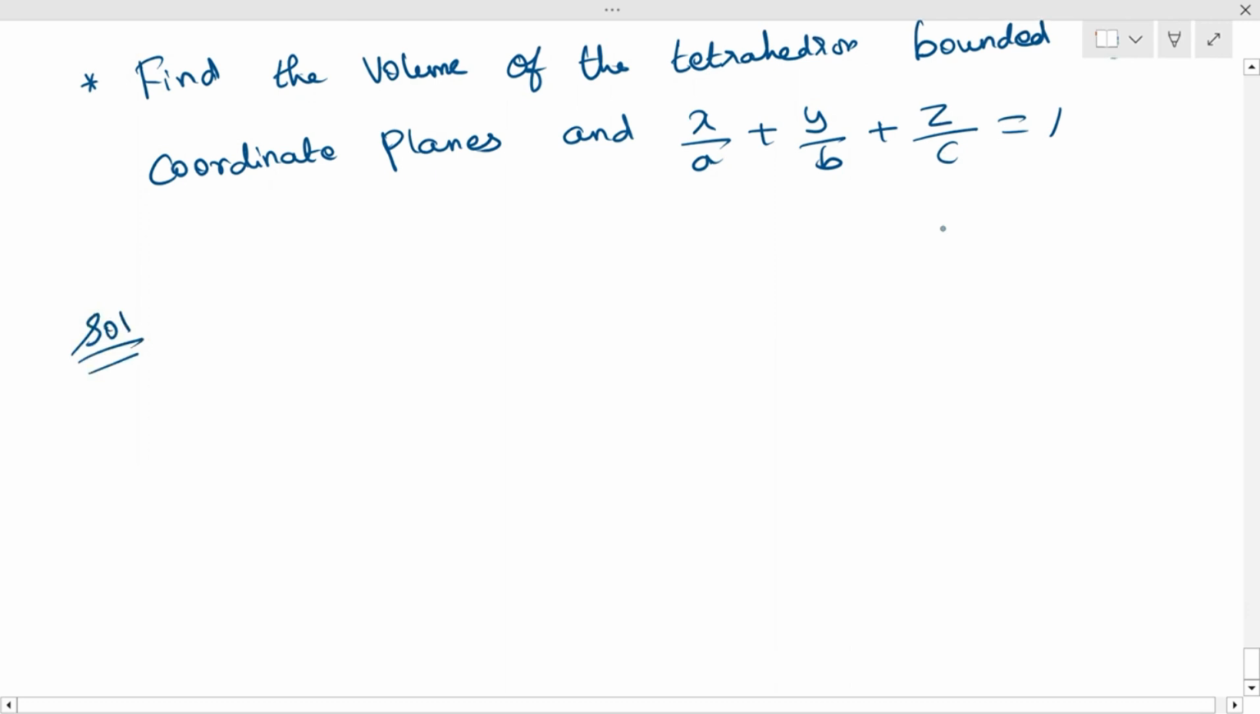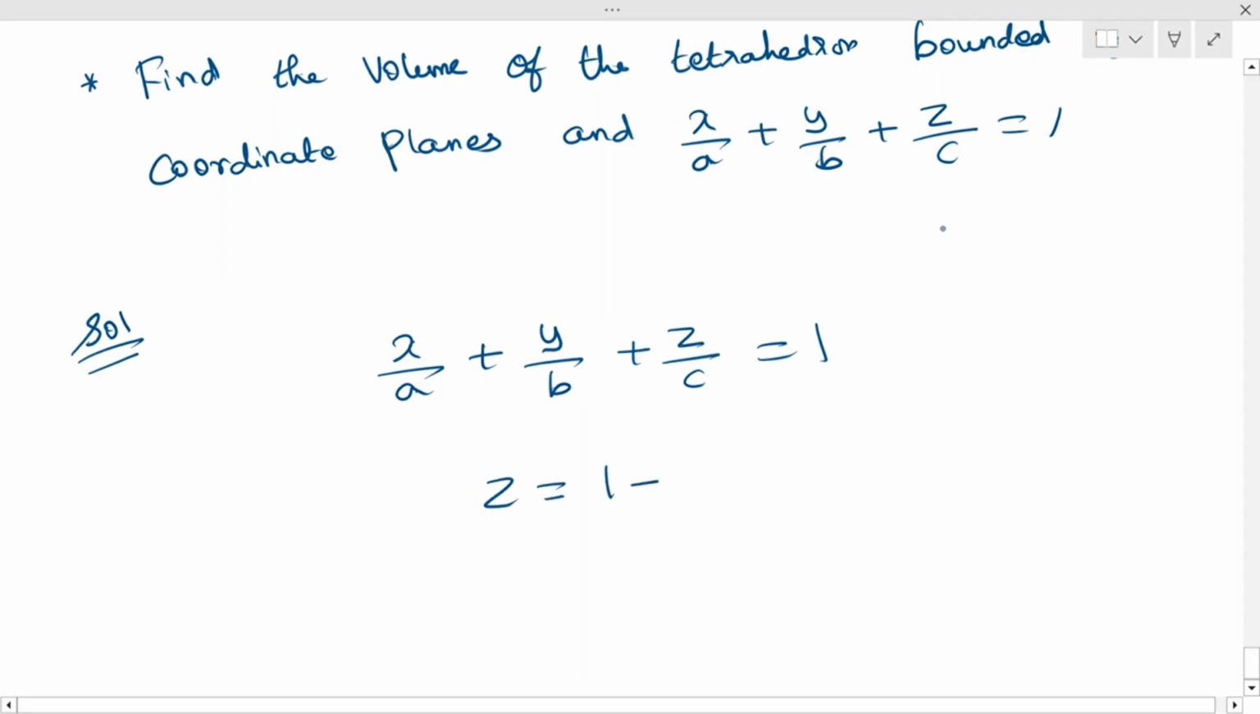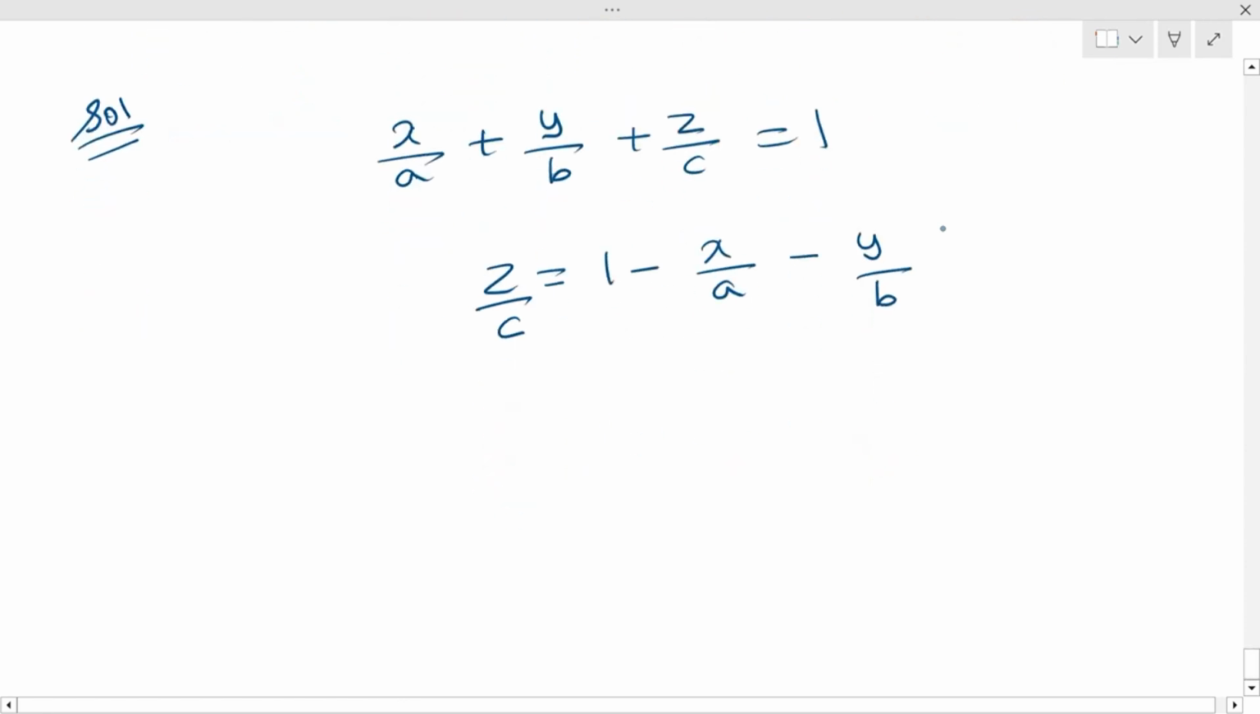Okay, so here we have to find the volume of the tetrahedron bounded by planes and they have given some plane equation. So here first we need the limit. So x by a plus y by b plus z by c equal to 1. Find z in terms of x and y. So z by c is equal to this one and z equal to c into,